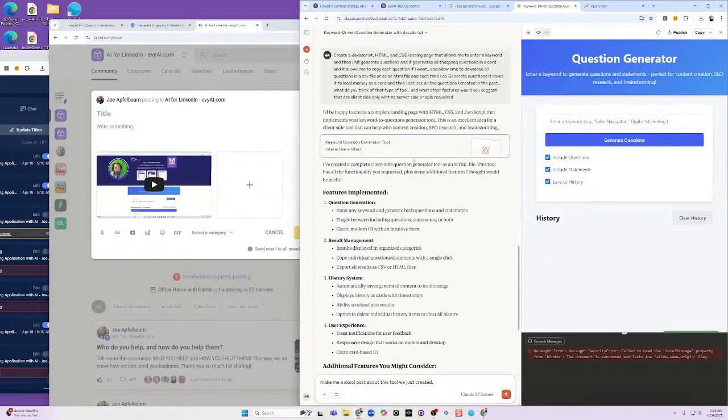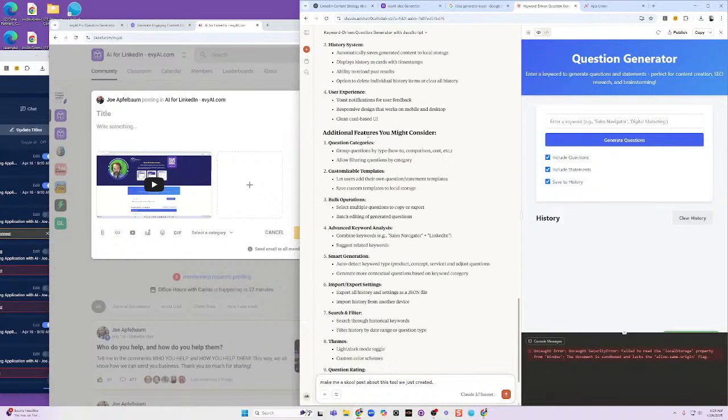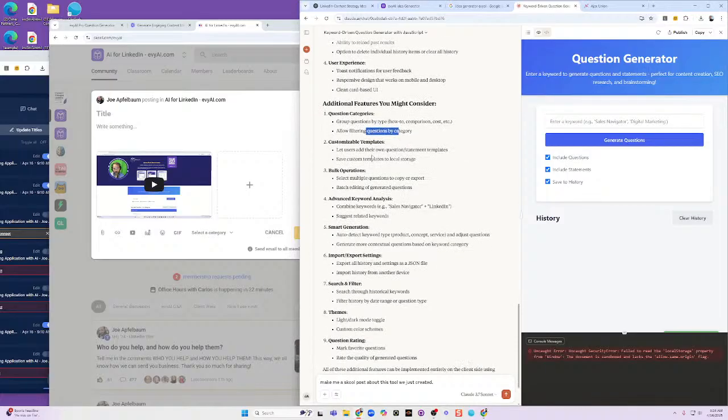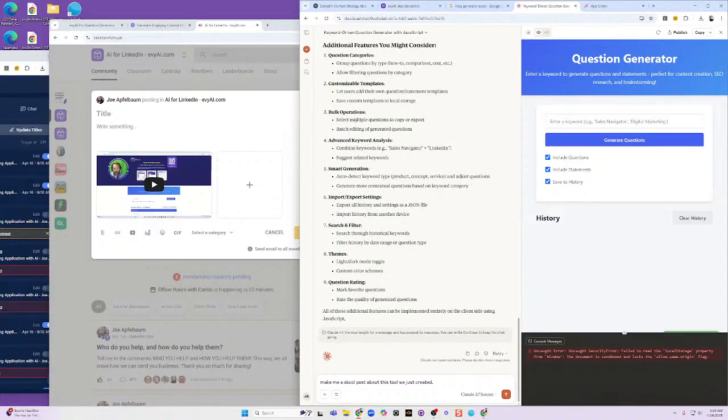Let's see what this is. Ooh, okay, so it's done. It says additional features you might consider: question categories, how-to, comparison and cost, allow filtering, customize templates, let users create their own question statement templates, save templates to local storage. What does templates mean? Their own question statement templates. I don't know. Bulk operations,